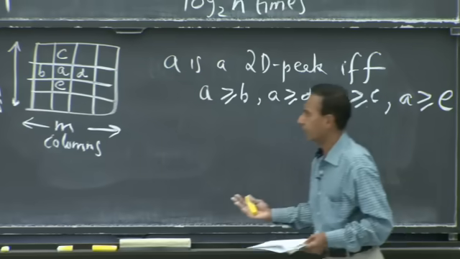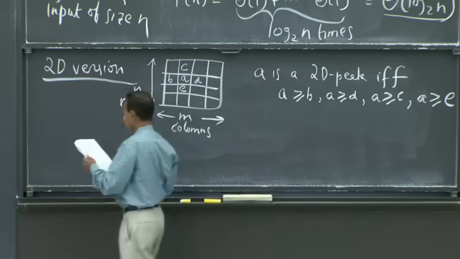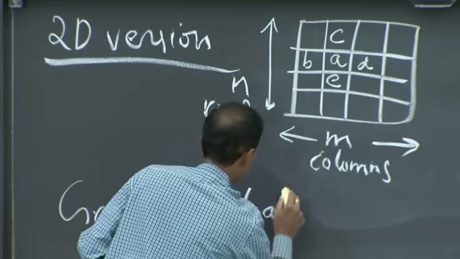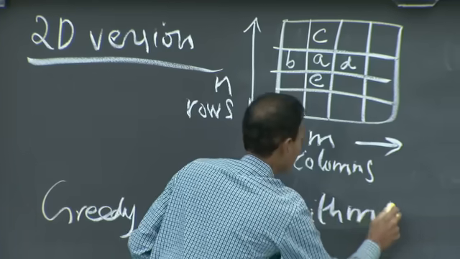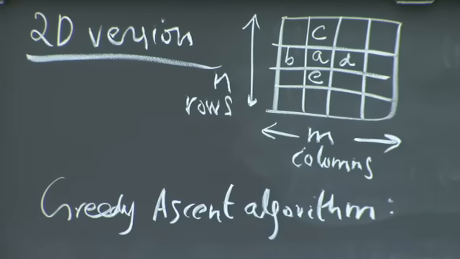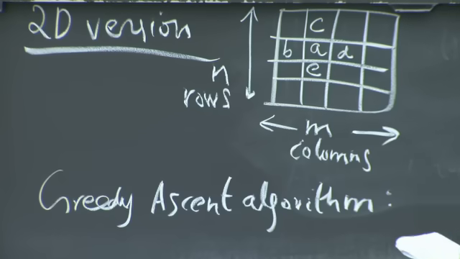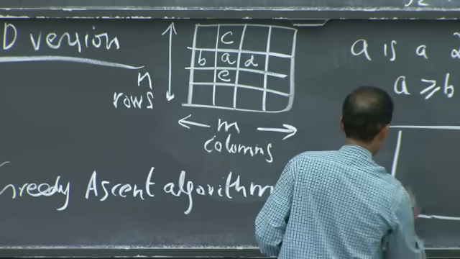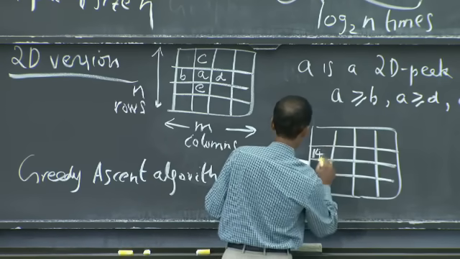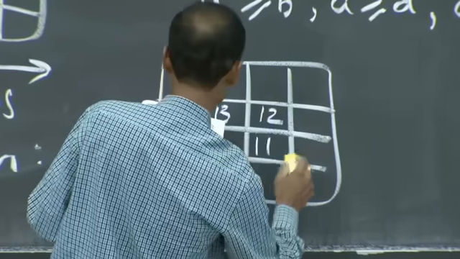Now, again, I'll give you the straightforward algorithm, and we'll call it a greedy ascent algorithm. The greedy ascent algorithm essentially picks a direction and tries to follow that direction in order to find a peak. So for example, if I had this particular matrix, 14, 13, 12, 15, 9, 11,